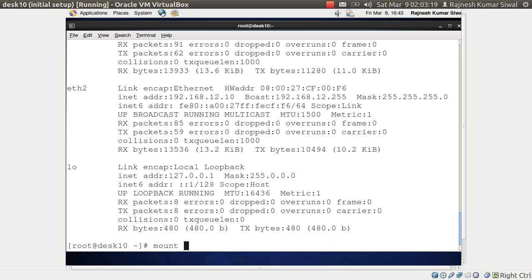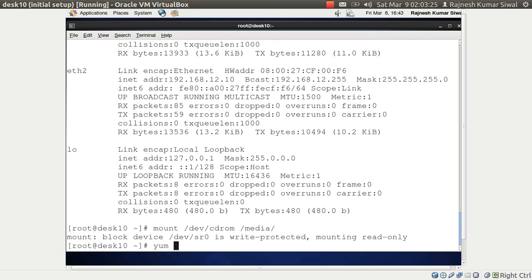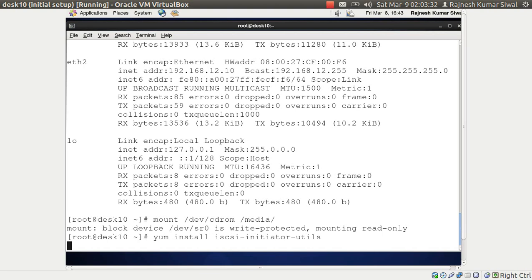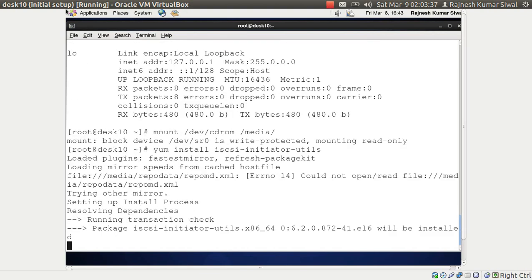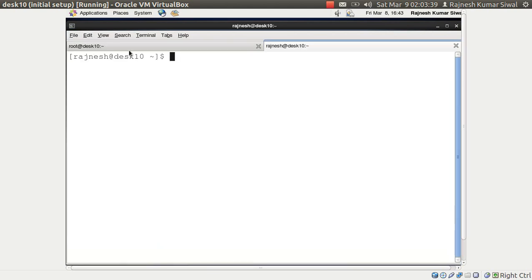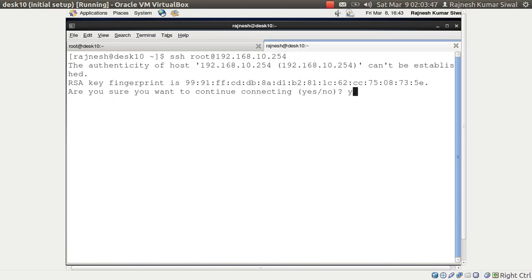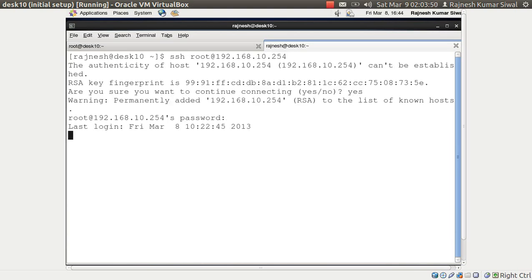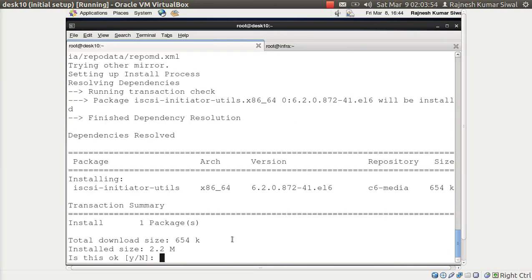On the client end, I'm going to install yum install iSCSI initiator utils. Let me open a session to the server from here only. SSH root at 192.168.10.254. So yes,